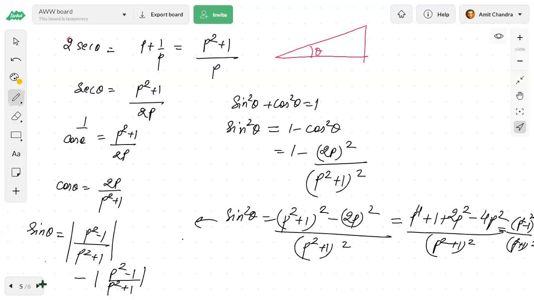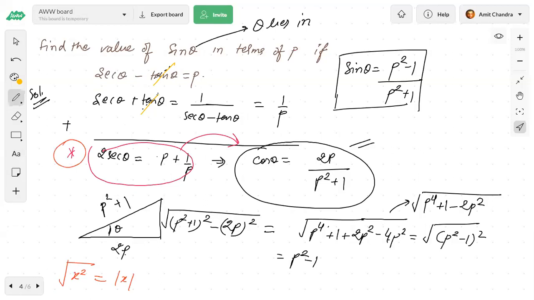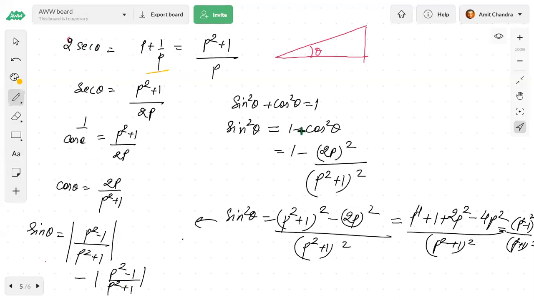Instead of writing 1, you are writing p, right? Which part? In which step? This step? Ashwin, which step? This one? Okay, this step. So see, they have already given us sec theta minus tan theta is equal to p, right? So sec theta plus tan theta will be 1 by sec theta minus tan theta. Now sec theta minus tan theta, I will simply substitute the value of this. So this is 1 by p. So that is why you're getting this.